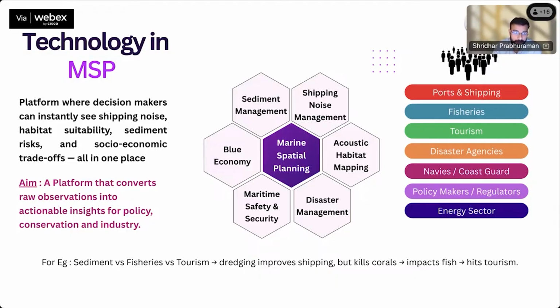What we are suggesting is something a bit different. Beyond just having a static map, we need to analyze the data, we need to take actionable inputs out of the data, and then we need to showcase that. So instead of just showcasing AIS data in the region, we essentially derive shipping noise from the AIS data. Instead of just showcasing marine habitat, let's say for whales and sea turtles, we also capture the migratory patterns, we also capture the migratory corridors. And when this information comes together, it provides actionable insights because you can effectively see how the shipping noise is directly impacting the marine habitat, and so on and so forth.